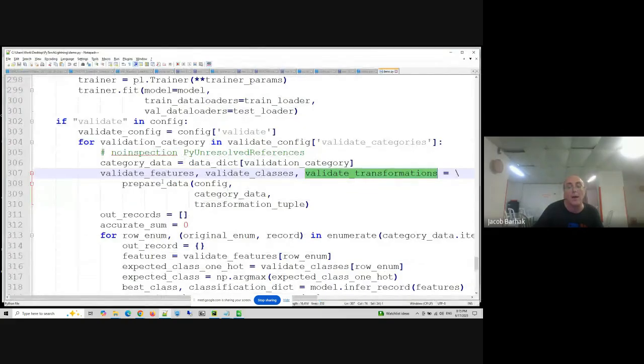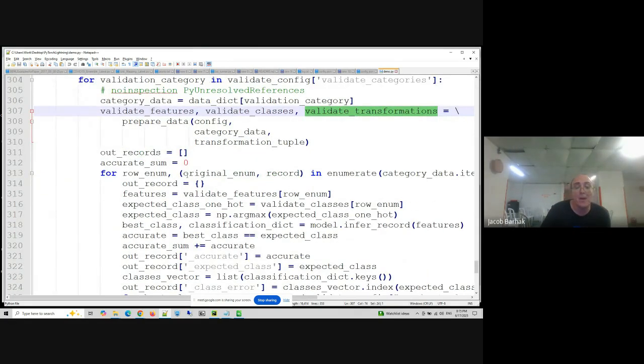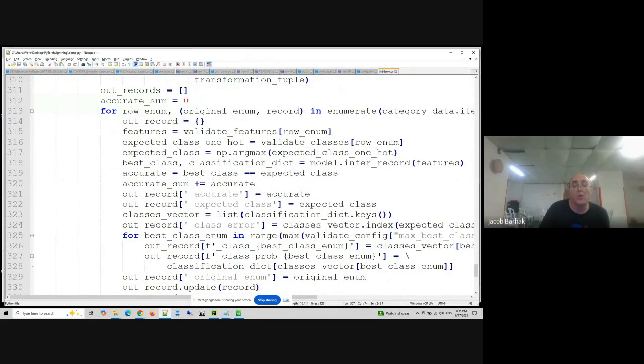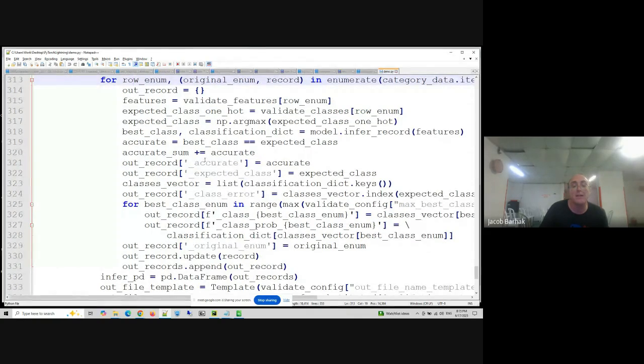So we don't want this to happen. Therefore, we feed the transformation back to the machine, saying use the same transformation we computed before on handling our data. And then for each row, we take out each record and we calculate.